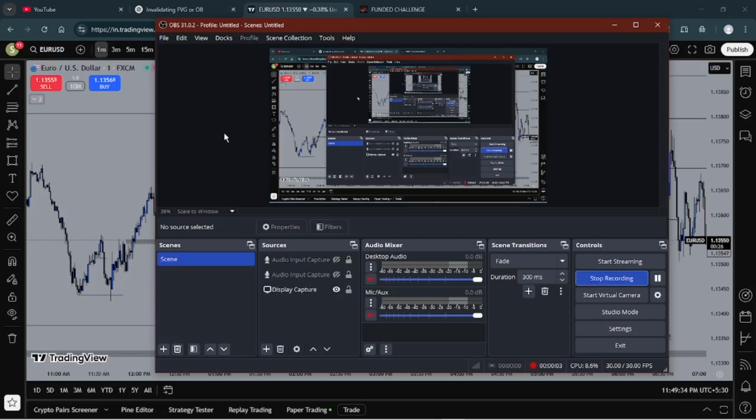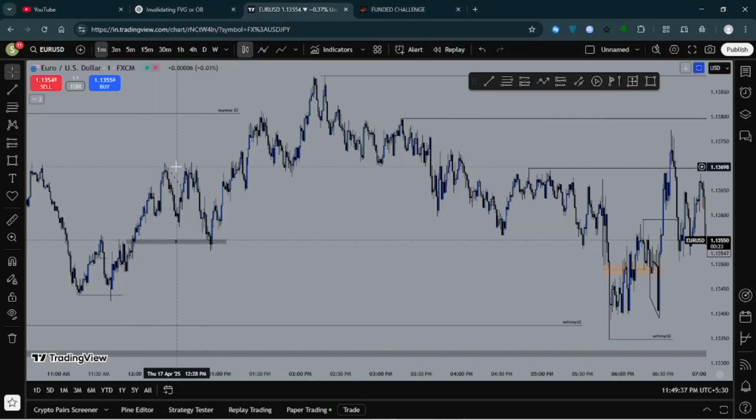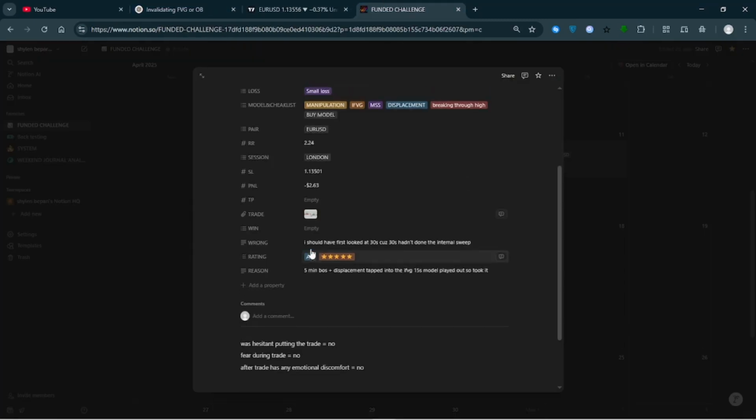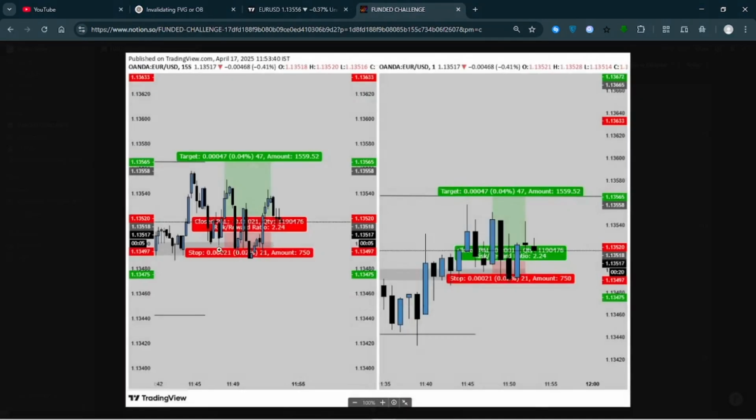So let's talk about today's trade. Three went loss, and the first trade I took on London session was a pretty clean trade, but ended up having a loss. Because we had our overall bullish bias, I was targeting a call high up here, and we had a 5 minute break of structure here, and we had this fair value gap where it came back in. It was actually an inverse fair value gap where our model formed out,